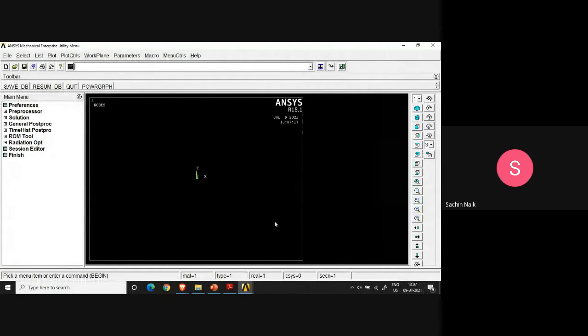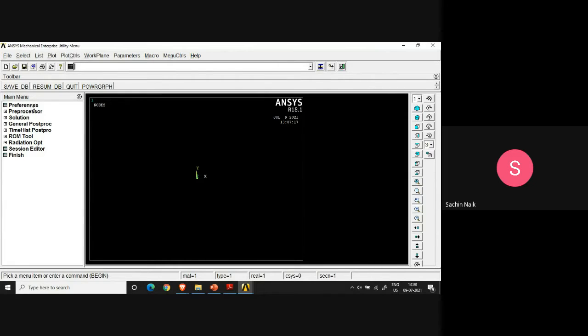Now we have to get going. First of all, you must know that this top bar, in which there are some tiles seen where my cursor is, like Windows, they are ready to use icons. If you see on the top, there is a bar in which lots of words are written. That is called the utility menu of the software. And if you see this left hand side vertical white column, in that there are certain menus given, that is called the main menu. So I'll call the above ones the utility menu, as it is called by ANSYS also, and these are the main menus. So whenever I talk, please refer to that.